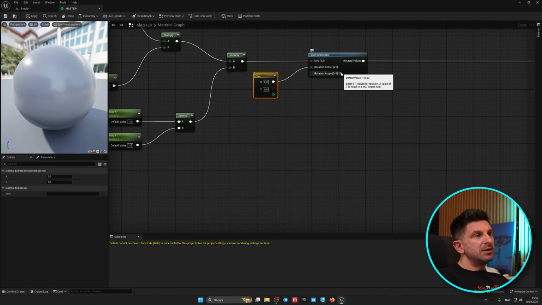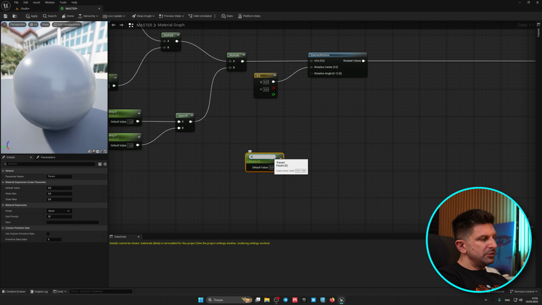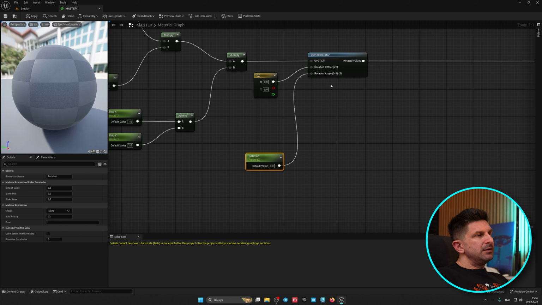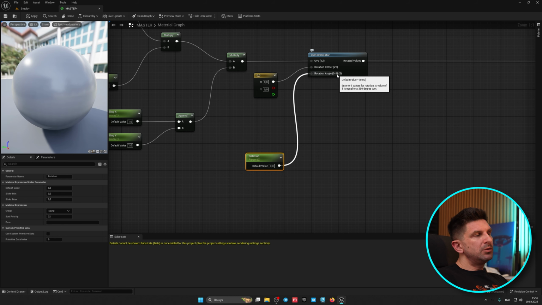This means that it is a scalar parameter, that is a variable parameter. We press S, click, and write that this is rotation, and connect it. But look, there's a nuance. In the brackets, it says from 0 to 1, so it will be a bit inconvenient. At 0, we will have 0 degrees, and at 1, it will be 360 degrees. It will be very inconvenient for us to calculate what number we need to enter to rotate to a specific